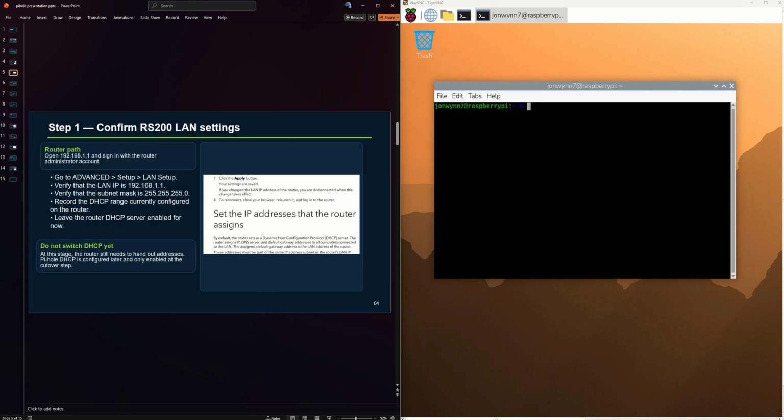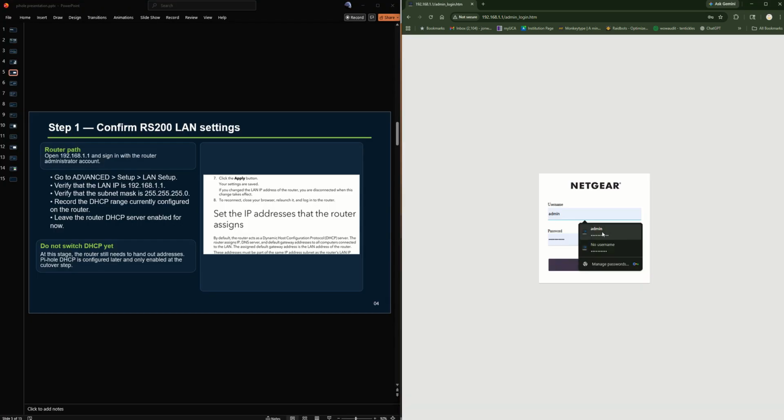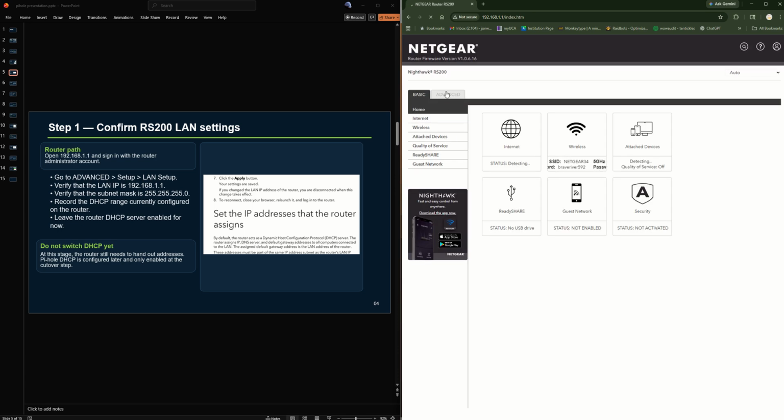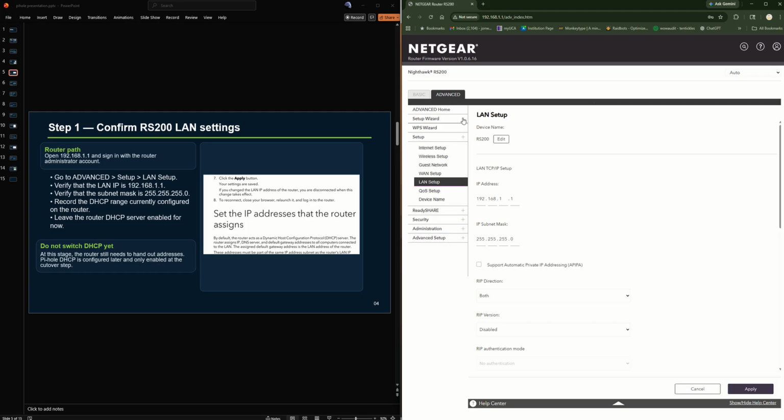So what I'll do is start with the router settings here. I'm probably going to have to log in again. So what we want to do here is just verify the existing configuration that's already in here. So we'll go to Setup, we'll go to LAN Setup, and just confirm